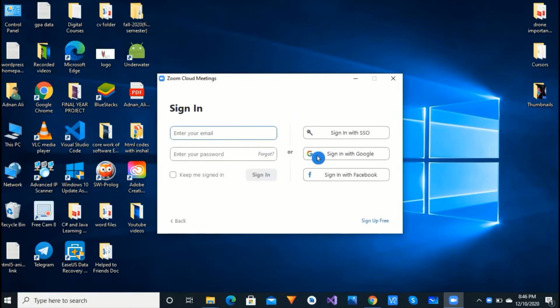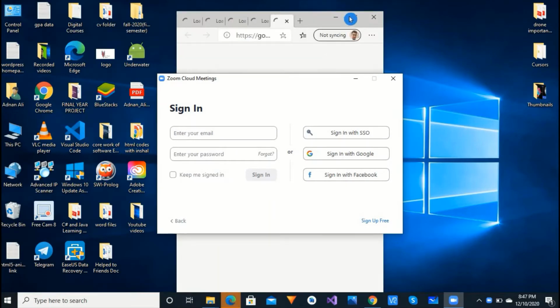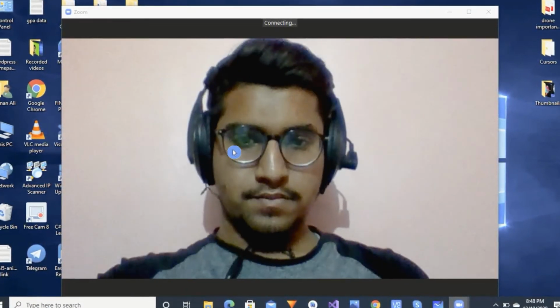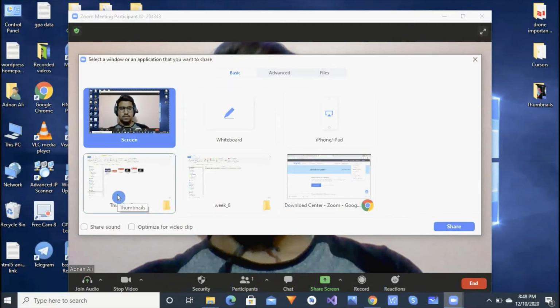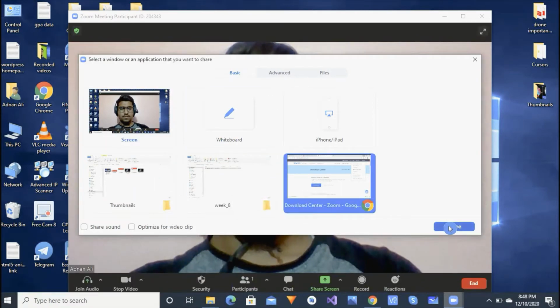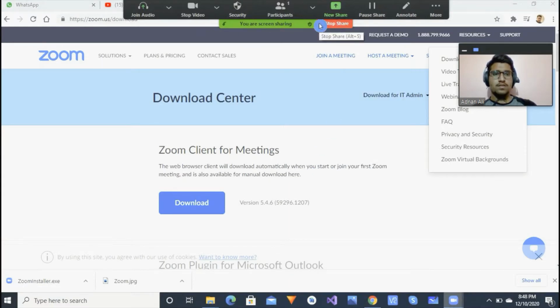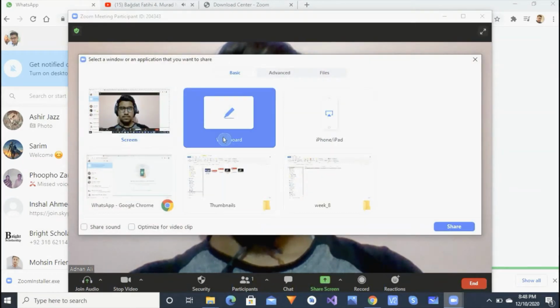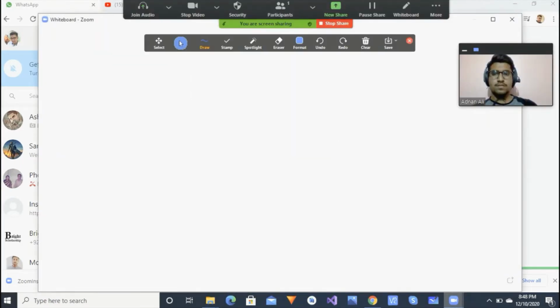Now I'm going to launch Zoom. Before launching Zoom, we have to add a Gmail ID here, a Google Gmail ID or Facebook ID, or sign in with SSO. I prefer the Google ID. Okay, so we connected here. Now you see my video. We connected. Let's explore the features. Recording the Google screen. Here you see my Google screen is recorded. You can record your YouTube screen or WhatsApp screen, whatever you like.